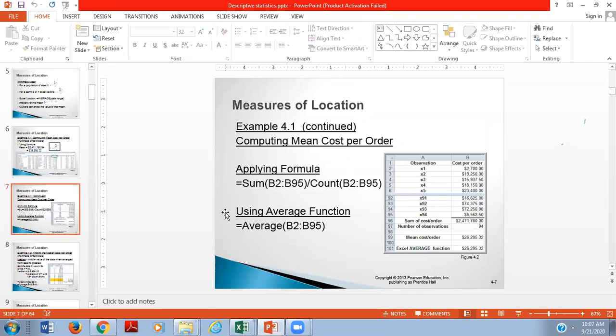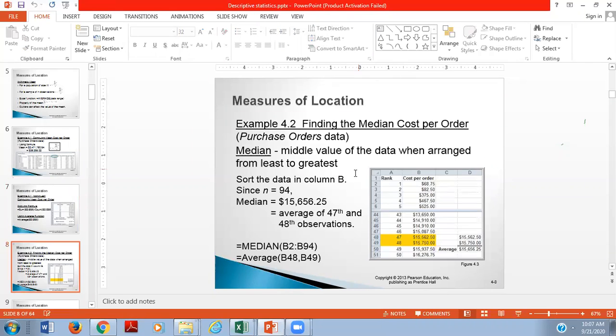Second, we're going to discuss the median. Median is finding the median cost per order, right? They took the same data for that calculation. Median is the middle value of the data when arranged from least to greatest. Sort the data in the column.